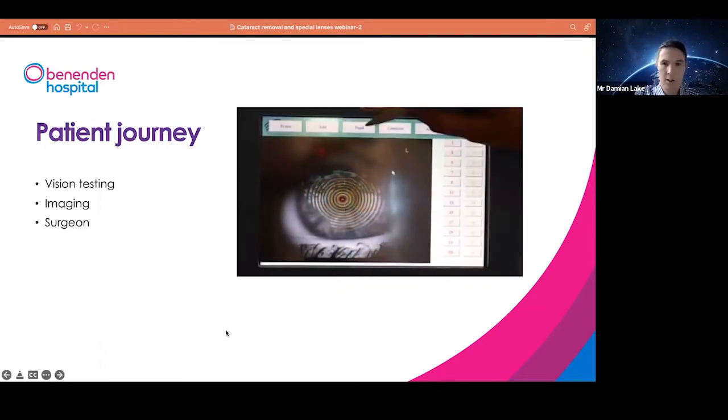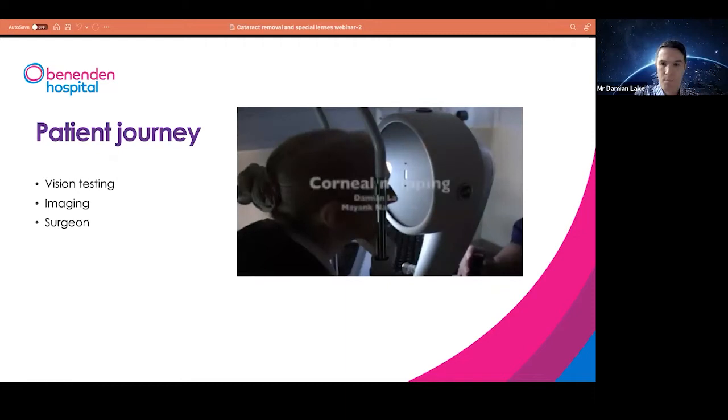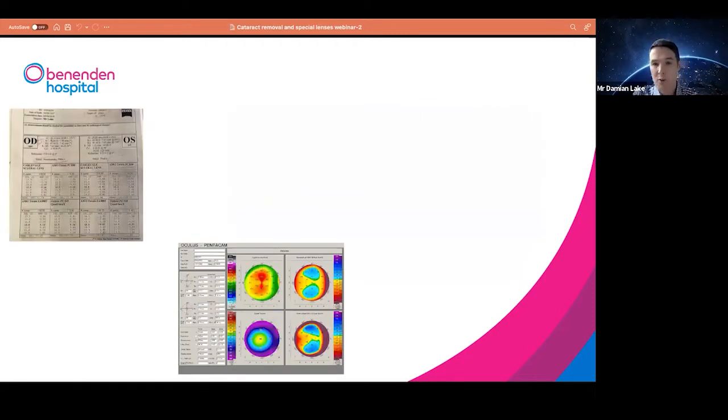We'll move on to the next slide. Now, once we have all of those images, those are passed through to the surgeon. You can see at the bottom here is the images that have just been performed on the patient before. And we get 4 maps. This one is the curvature of the cornea. This one is the front steepness of the cornea, the back steepness of the cornea, bottom right, and the thickness